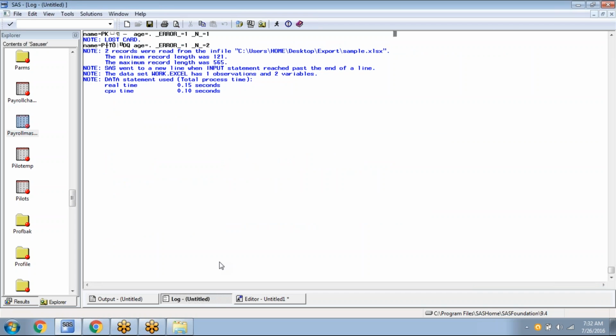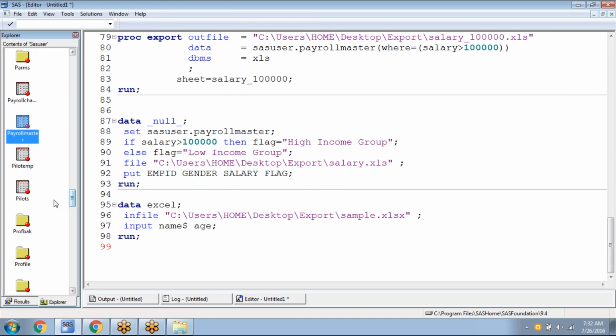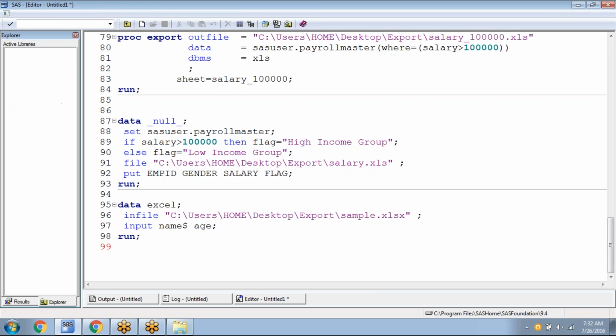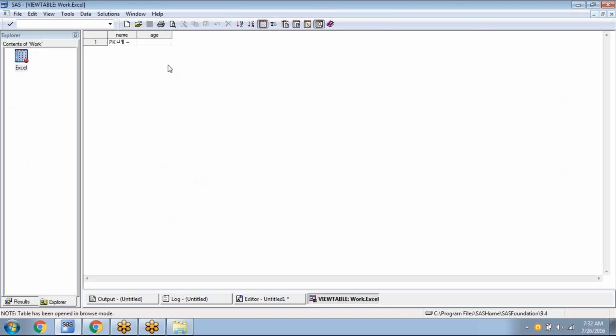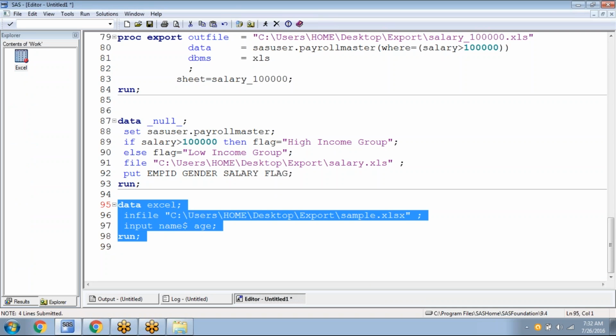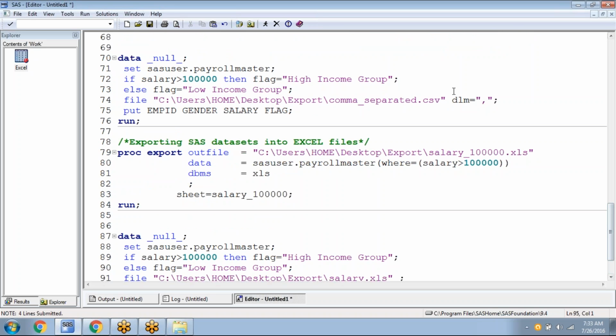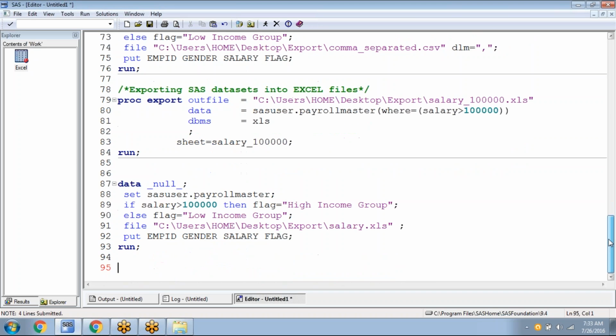That will log. Yeah. By default, see, if you don't use clipboard for Excel, it won't read the data properly. In the case of Excel, either export or import, you have to use clipboard. That's what I'm trying to explain here. If clipboard is not used, then the data won't be read properly. So while exporting, you can use CSV. But if you want to use XLS,